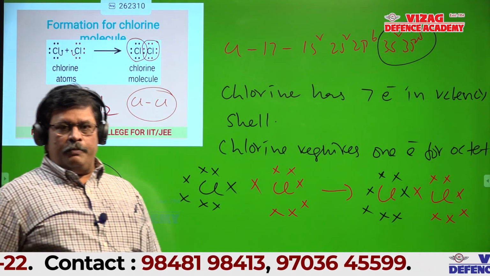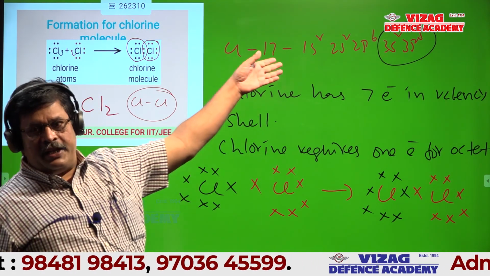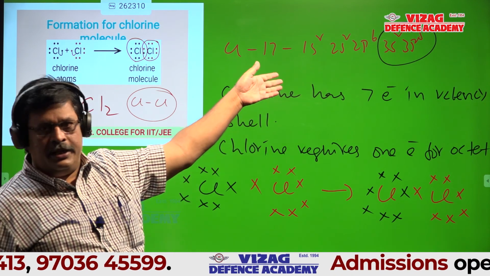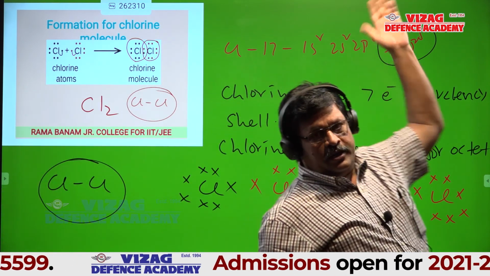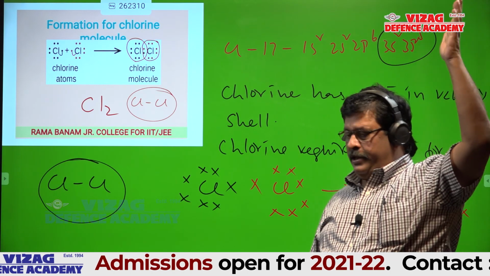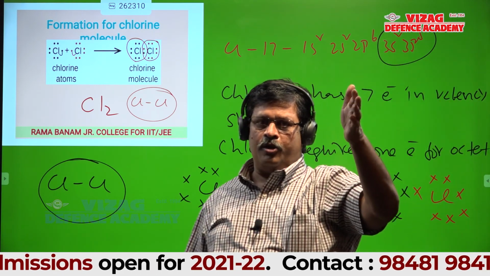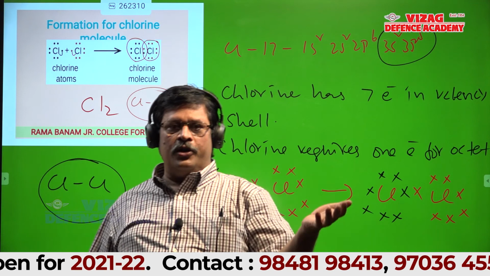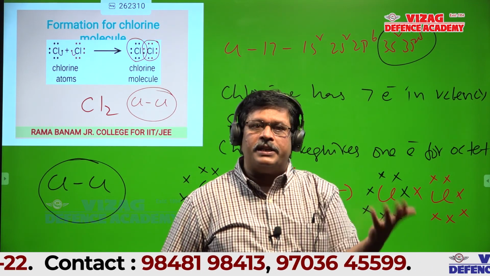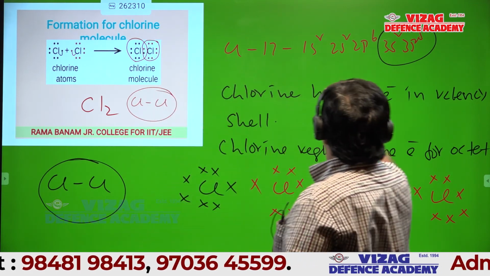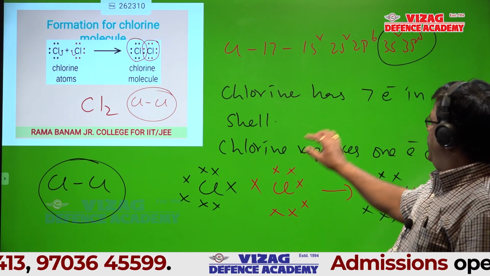1s2, 2s2, 2p6, 3s2, 3p5. Better circle that outer shell configuration. Outer shell is not 3p5 alone. Outer shell means the entire third shell is outer shell, so you should count the electrons in all subshells of that outer shell. So 3s2, 3p5 is the outer shell.